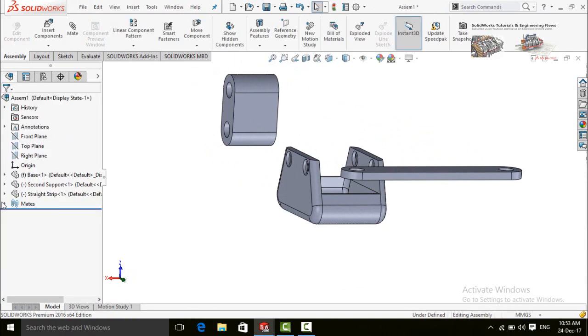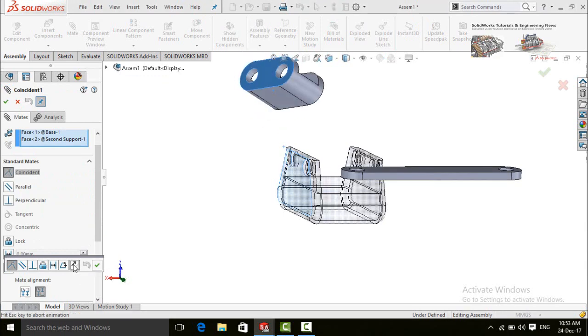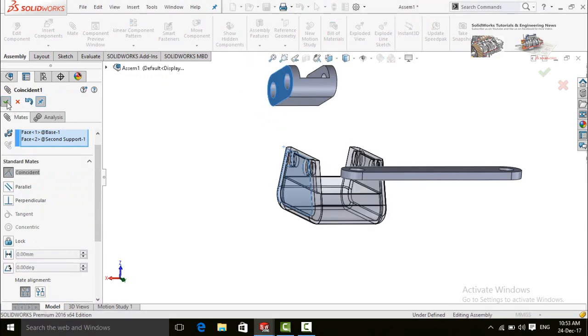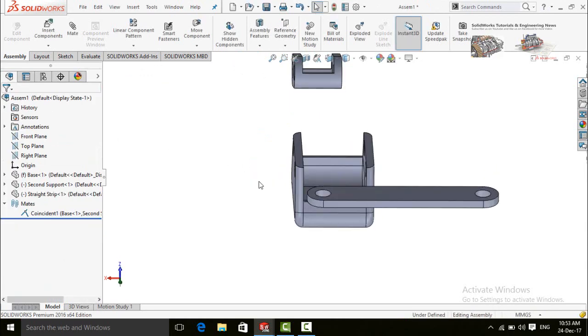Close this dialog and drop down these mates options. Select this concentric mate and then edit this feature. Press this button opposite direction and press OK button. Again press OK button.